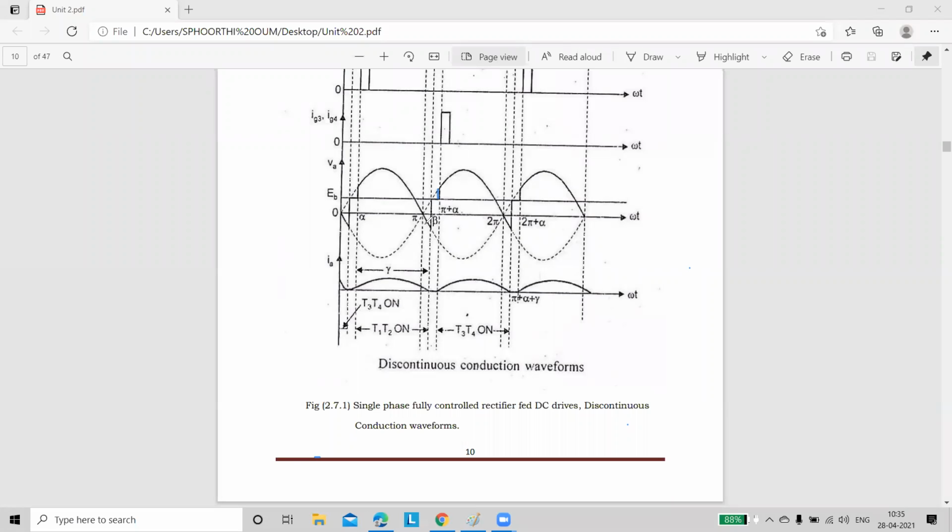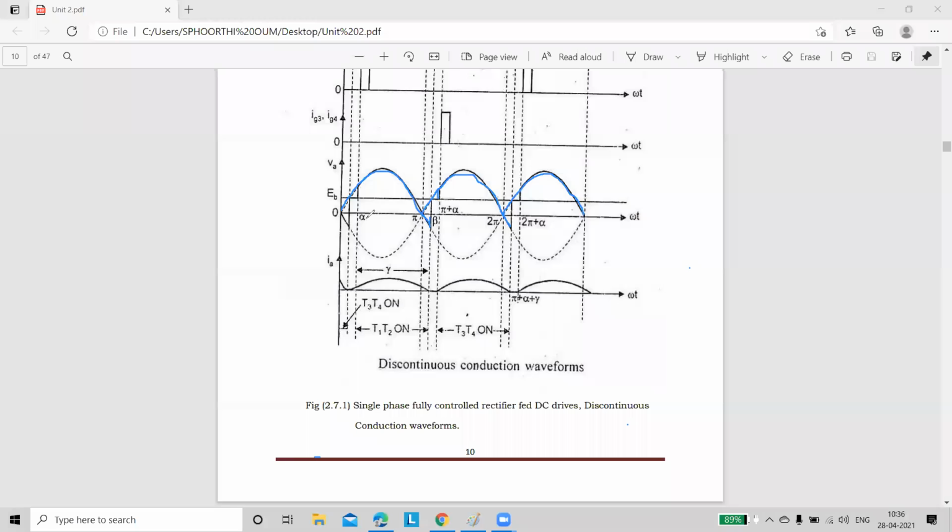Remember and check it once. If the firing angle is 0, our output voltage starts from here onwards. I am taking the firing angle as 0, which means the conduction starts from 0. And during this part, an overlap is going to exist. Here, like this, you are getting the voltage. It is continuous, is it right? And it is the last case for us.